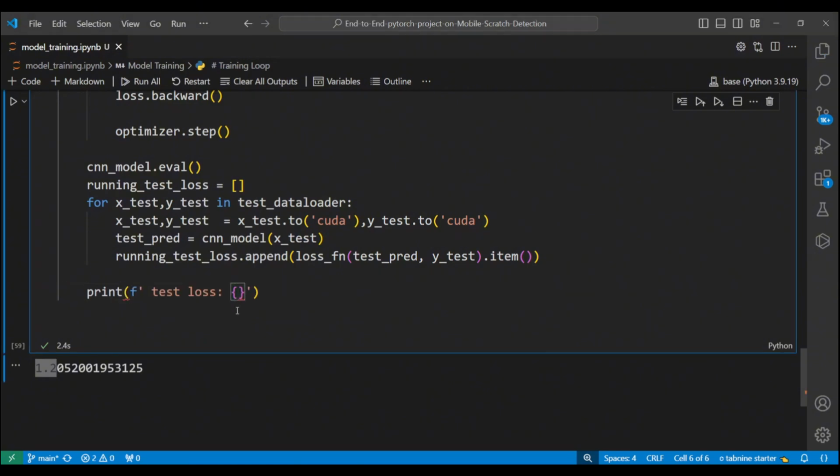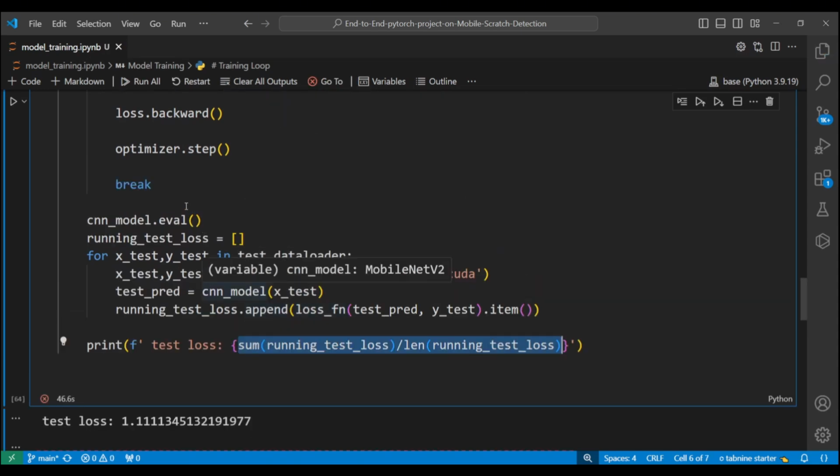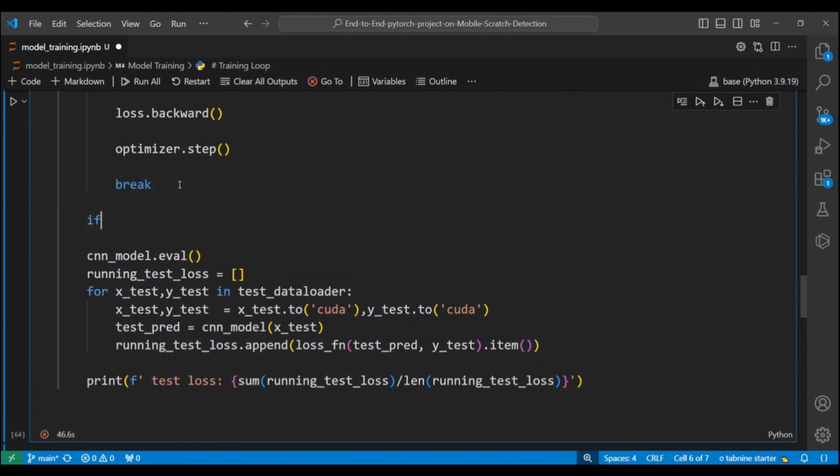So to calculate the test loss for the entire test data loader. But we don't want to run this after every epoch. Maybe we'll do this after every second epoch. So for that, we can do if